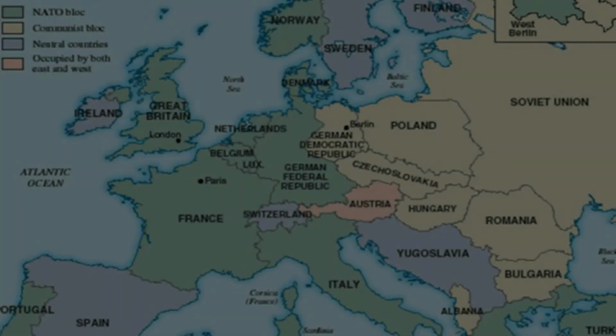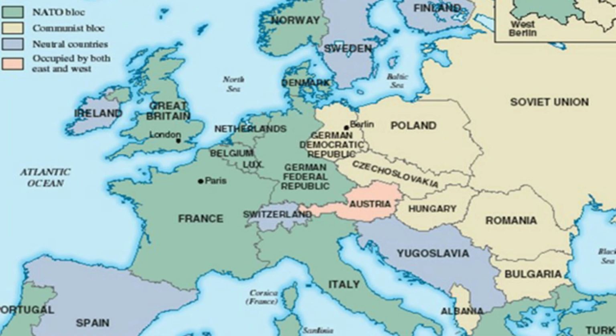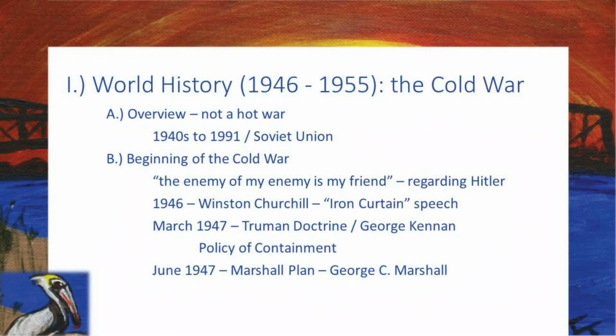Okay, students, today we're going to talk about post-World War II Europe and the role that oil played in that. It actually spread out. If you look at this map, it talks about the Cold War in Europe. Some of the countries that Russia or the Soviet Union had invaded during World War II have now become communist countries by 1950. And what we see is that the two superpowers actually emerged from the war, the United States